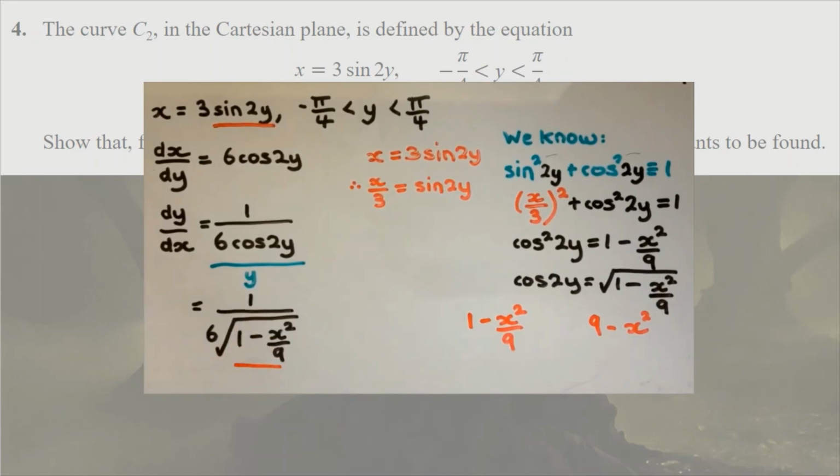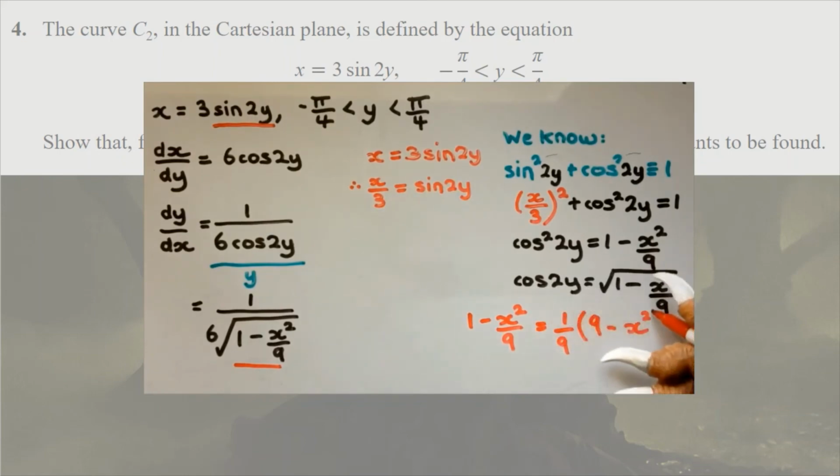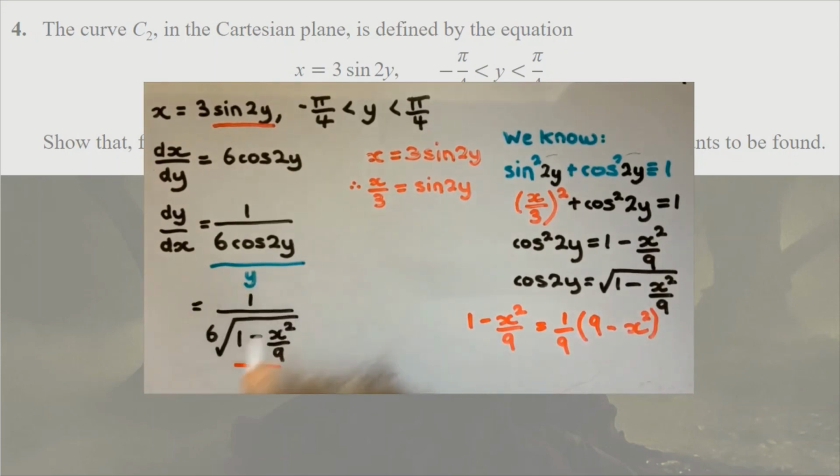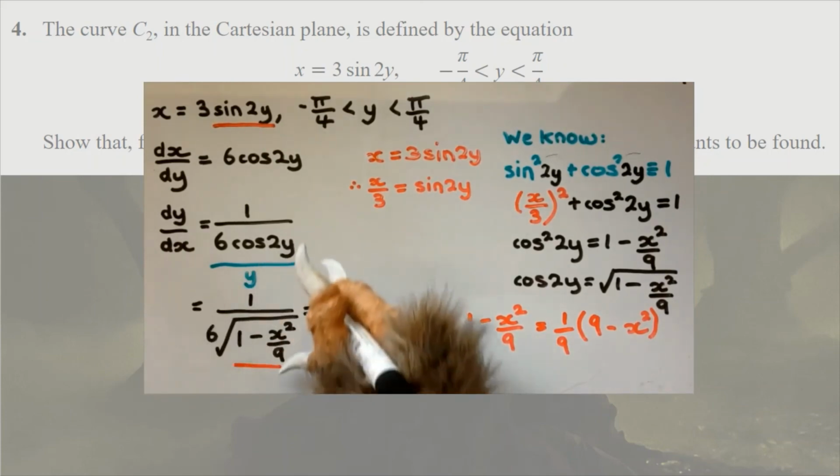I'm not allowed to do that really, because I'm changing what I've actually got over here. This is the same problem that crops up when we do log questions. So I can compensate for what I've just done, and I can make it equal by putting 1 over 9 at the front. Now nothing has changed, but I don't have x squared over 9 here anymore. Now let's see how that plays out over in the expression here. So let's write it out again. So this is going to equal 1 over